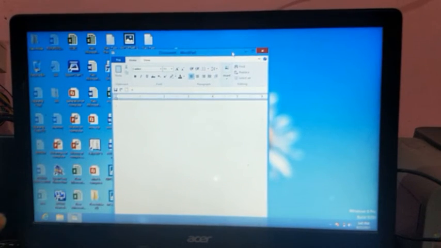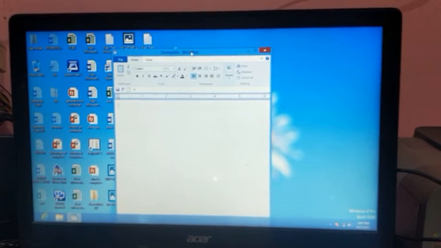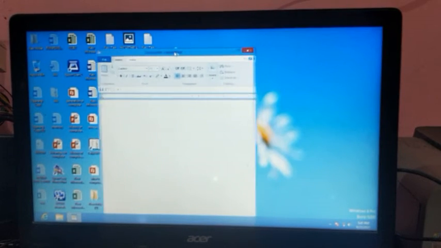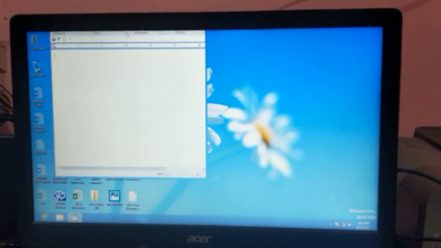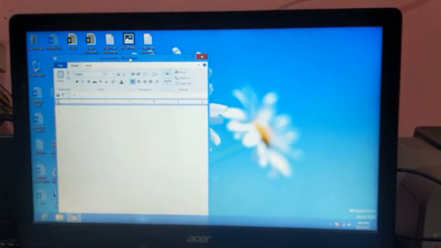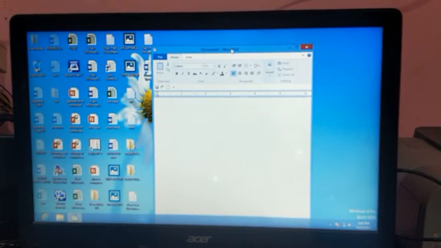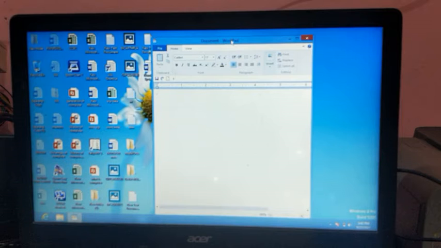You can also do it by keyboard. For that you have to press Alt space M. You can see a move symbol will display. At that time you have to press any arrow key. Then left arrow, then up arrow, then down arrow. You can move anywhere as per your requirement. So this is the move.